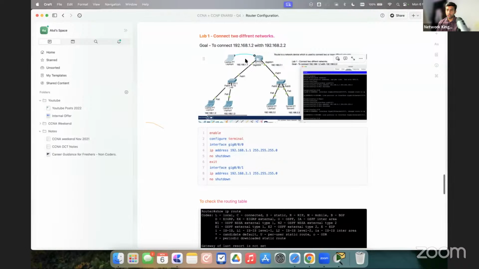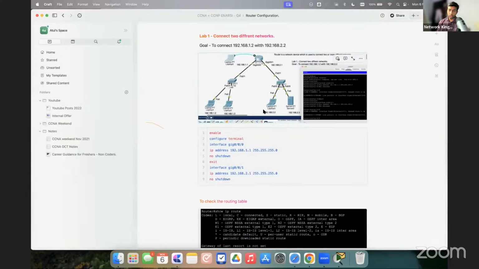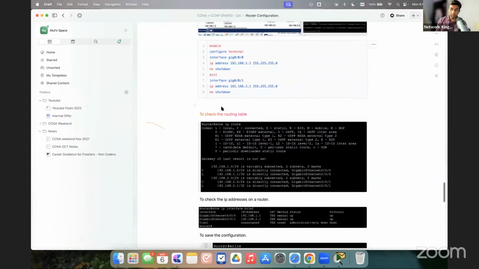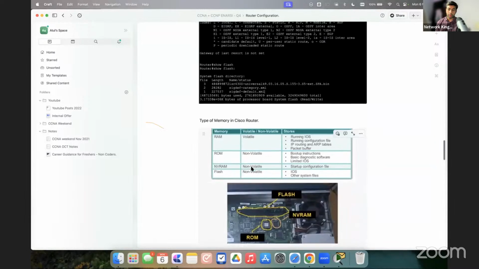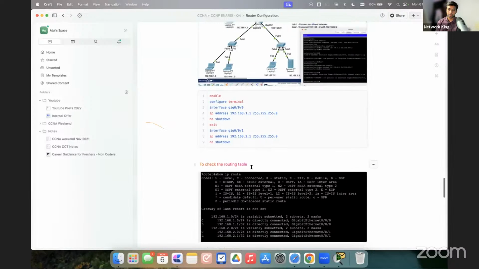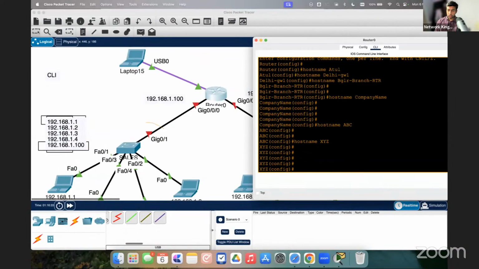Already you can see here, I have created the lab. You can do the same lab, and here I have already given the configuration also. In previous notes, I think we added two laptops and one server, but today I'm taking 4 laptops. It is similar to this. So how to configure? I go to this